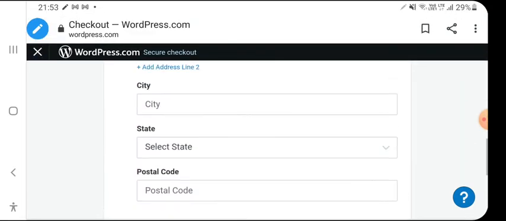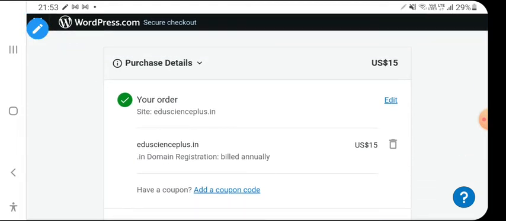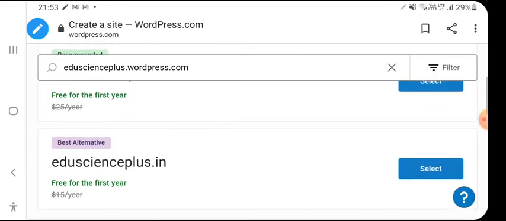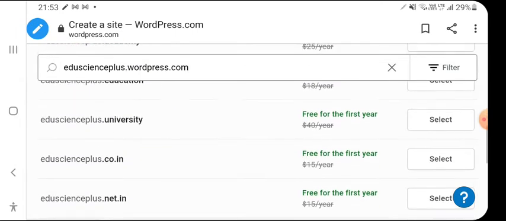Okay, there was some problem. It is showing US $15. If we get back, can we get it at a reduced price also, because we were seeing eduscienceplus.in.